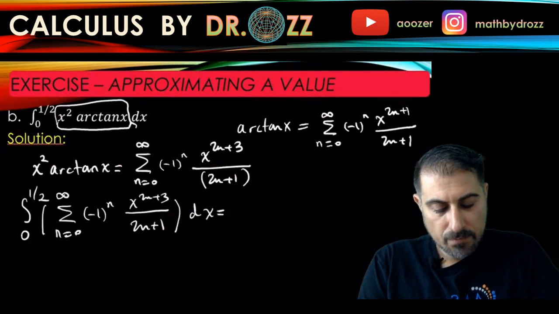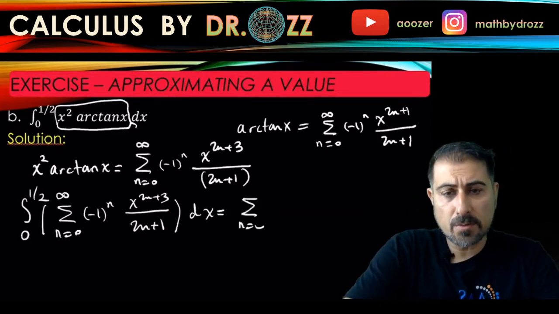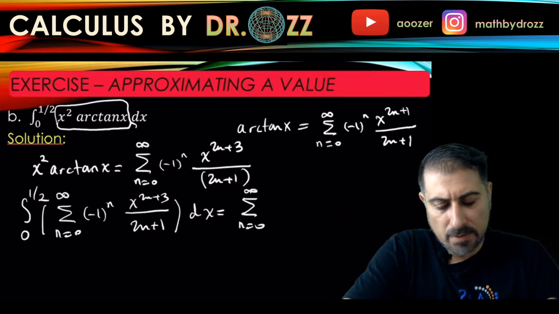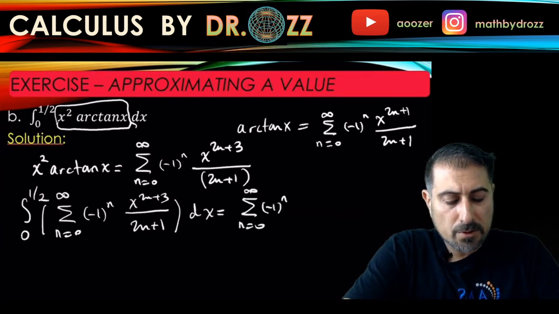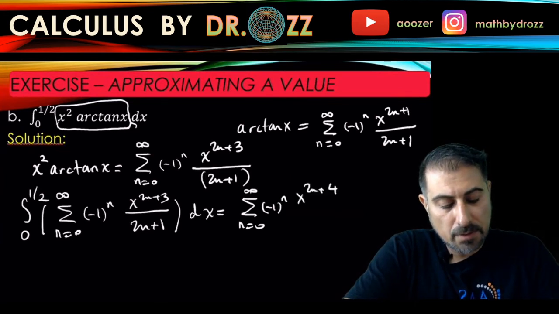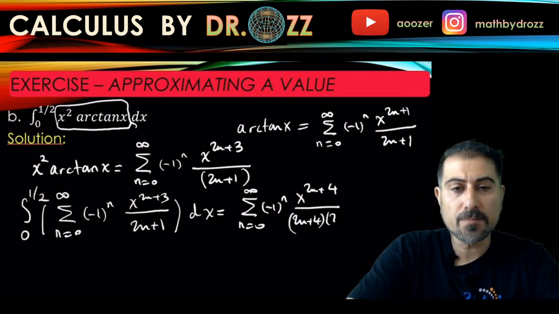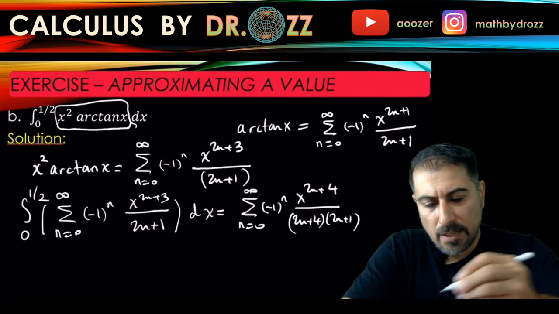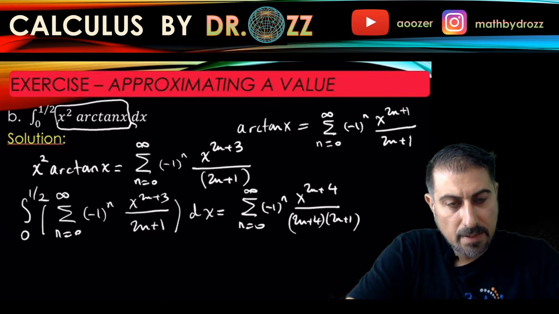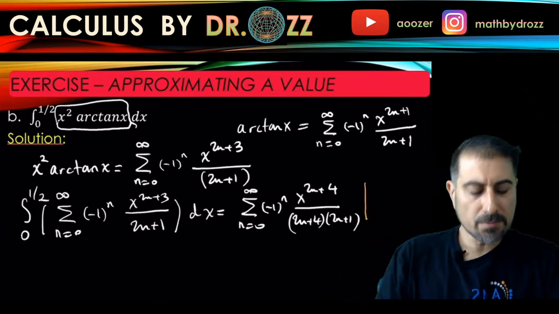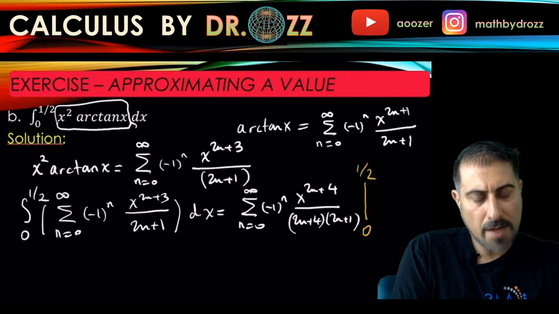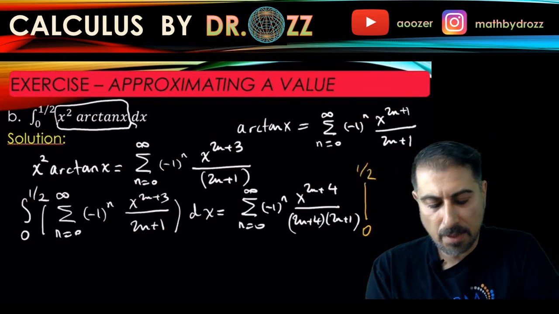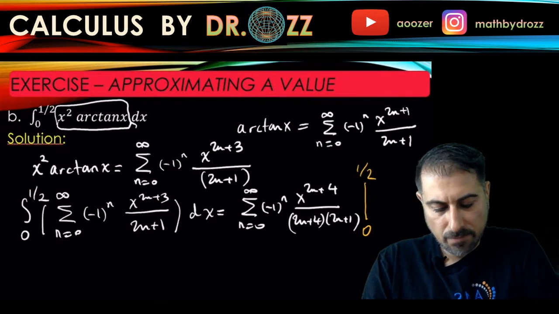The integration is term by term, so minus 1 to the n stays here. I'm going to add 1 to the power, so then you have x to the 2n plus 4, and I'm going to divide by that power, and I also had 2n plus 1 back down here. Okay, so that's good, and I need to evaluate this at the lower limit and at the upper limit. Okay, 0 and 1/2. So that means that in the next step, I'm going to plug in 1/2